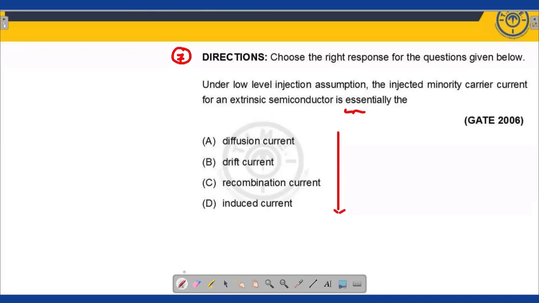Is essentially what, my dear friends? Very important, my dear friends, over here. Okay. So, if I would like to tell you about these things in a detailed manner, generally, two equations are there. One equation is the, because